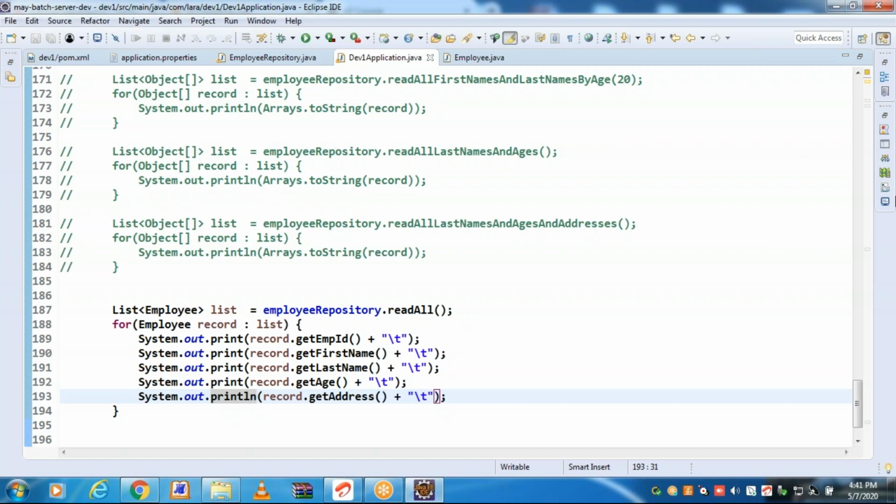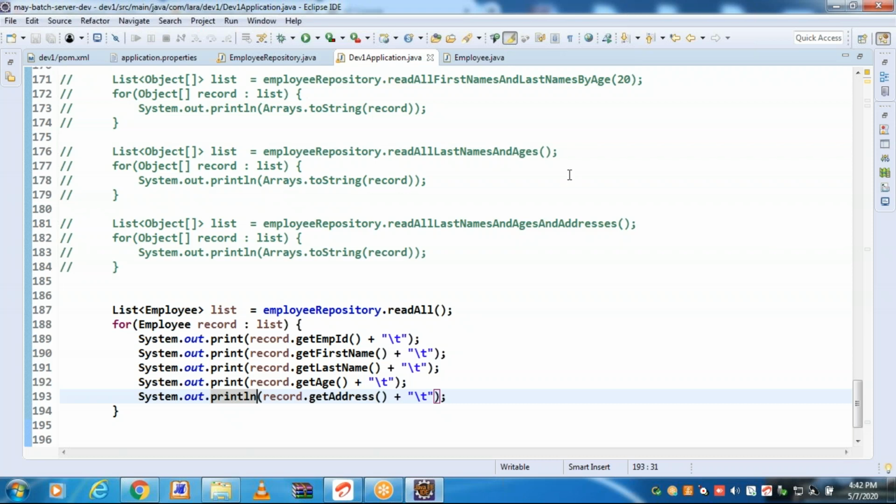Assume I have a requirement of reading only first name, last name, age. I don't require ID, I don't require address. In some scenarios, you may have a requirement of reading a few selected columns, not all the columns of the table.